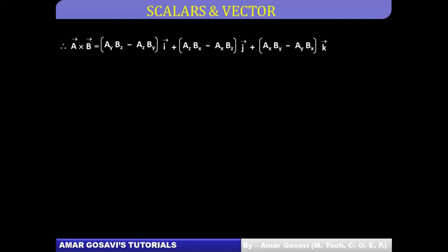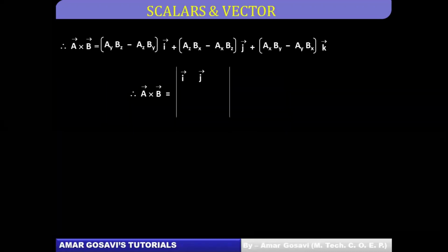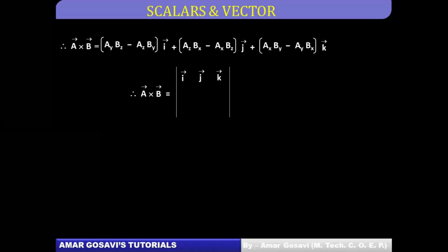Now this is the expansion of a determinant. If you have studied determinants, this can be placed in terms of a determinant. This is how you expand a determinant. So you can see A bar cross B bar is nothing but the formation of a determinant in terms of I, J, and K with the coefficients in the two rows as AX, AY, AZ, and the second row being BX, BY, and BZ. So when you put it in the form of a determinant and try to open it, you're going to get this step. So I have just reversed this step.